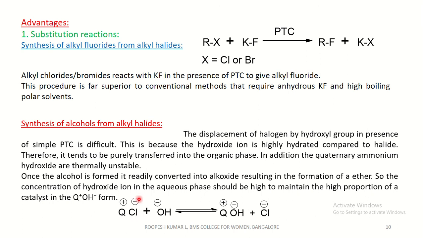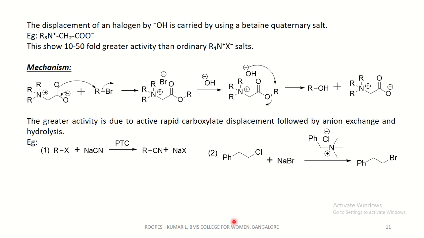This is the best example, where PTC in the chloride form gets converted to PTC in the hydroxide form. That is, PTC in the chloride form reacts with the hydroxide ion to form PTC in the hydroxide form. The displacement of a halogen by hydroxide ion, which is difficult, is carried out by using a betaine quaternary salt. This is a betaine quaternary salt, which is a derivative of glycine, also called trialkyl ammonium acetate. This betaine quaternary salt shows 10 to 50 times greater activity than normal